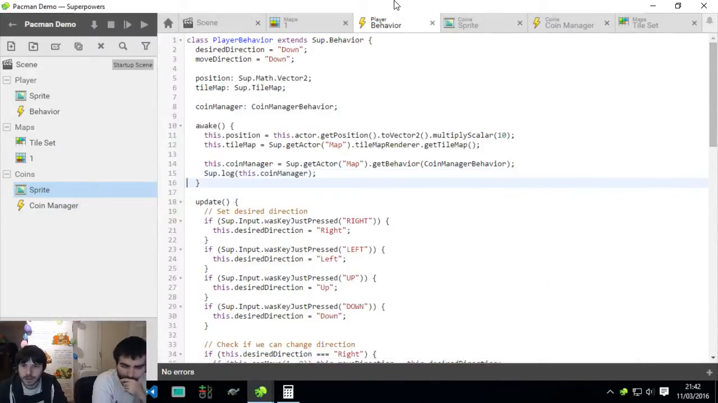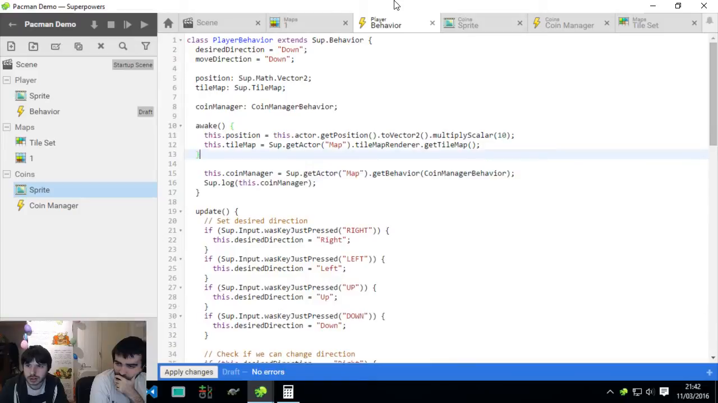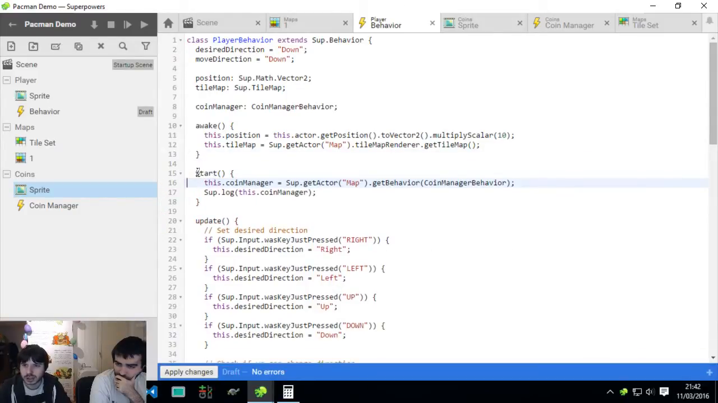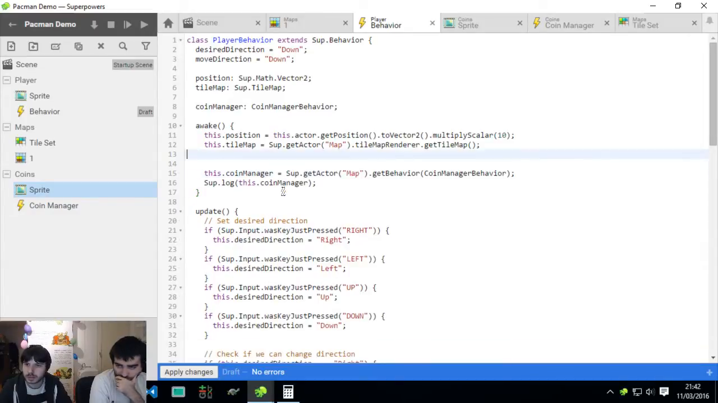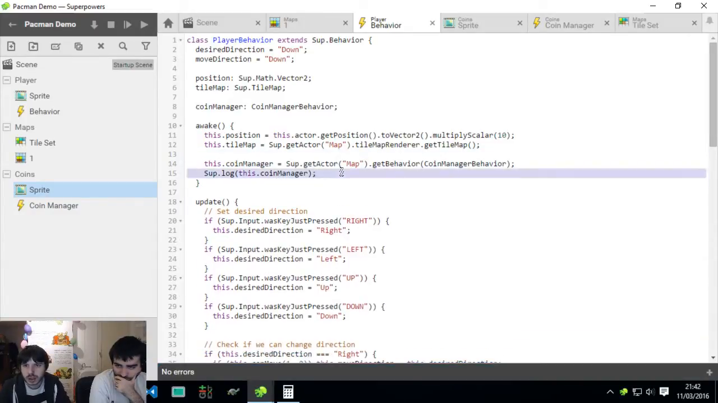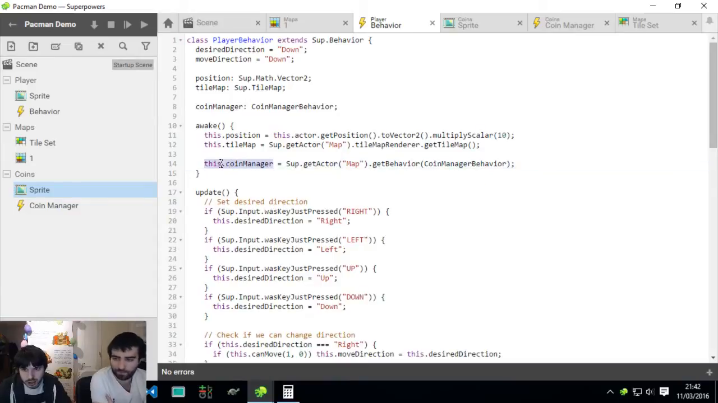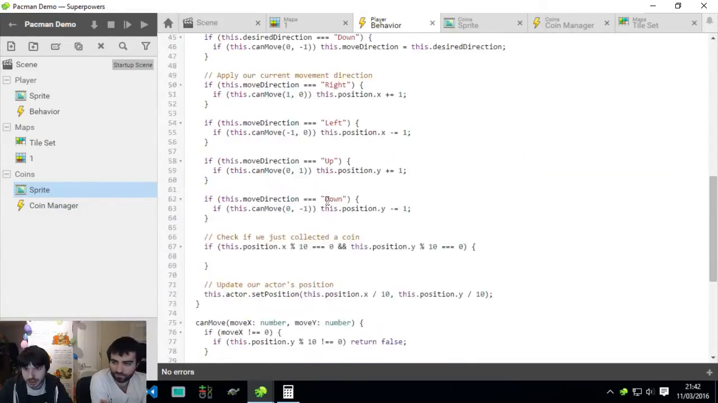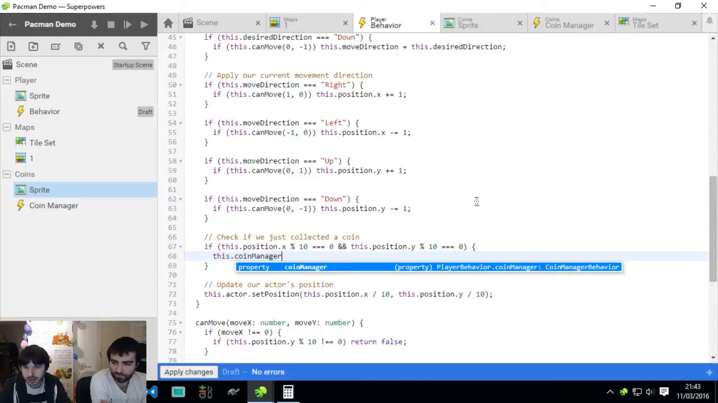Okay, so if it doesn't work for you when doing this tutorial, you can just do it in the start function instead. The start function is always called after all the awake functions have been called. So everything will have been initialized. But okay, this is pretty cool. So we got our coin manager right here, and we can access its list of actors